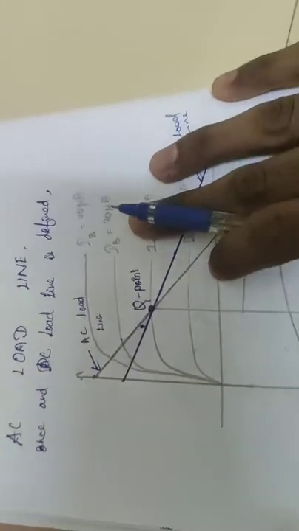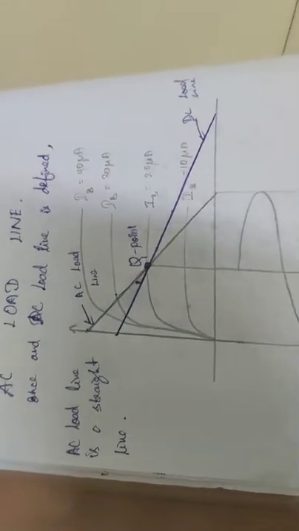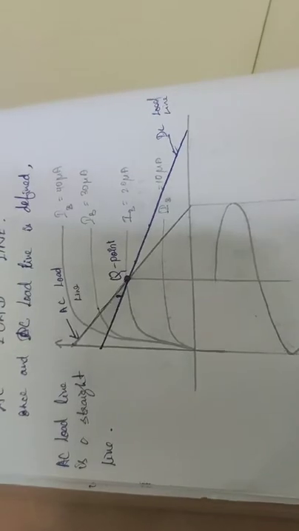So now we can come to a conclusion and write a definition: an AC load line is a straight line, obviously, with slope equivalent to AC impedance. For a DC equivalent circuit it is a ratio between voltage and current, that is resistance, but in terms of AC we call it impedance. So the slope is equal to AC impedance